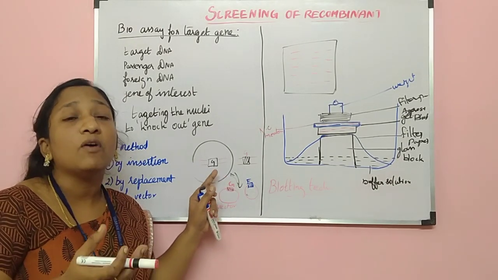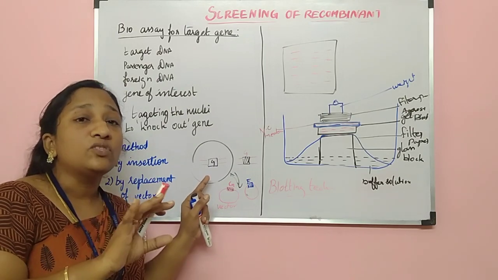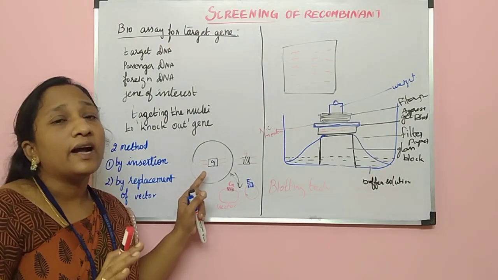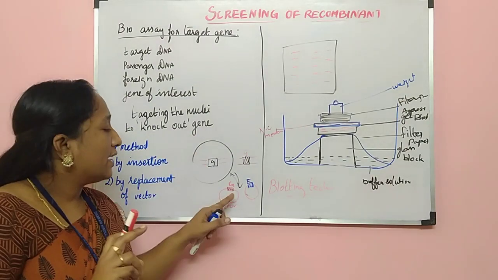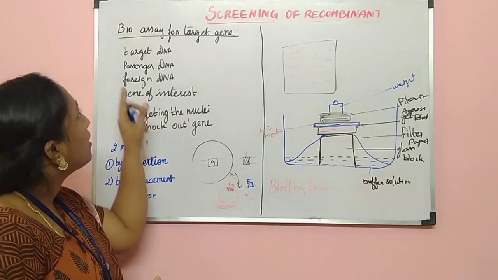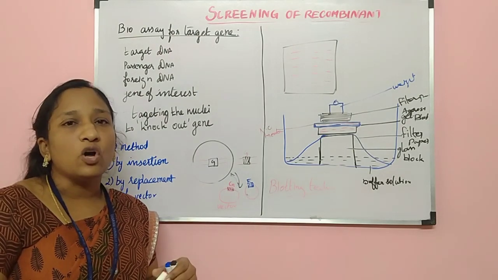Now because the F gene has been taken out, this cell will have some deficiencies. Some of the functions will be changed, and some of the characters have changed. By finding the structural change, we can conclude that it is because of the lack of the F gene. So then we can find the function of the F gene. This is the method called bioassay of target gene.